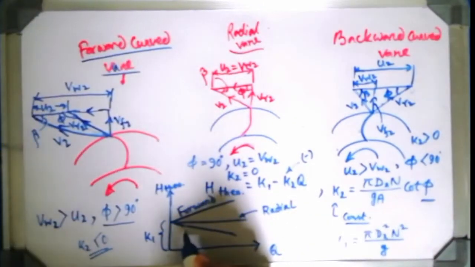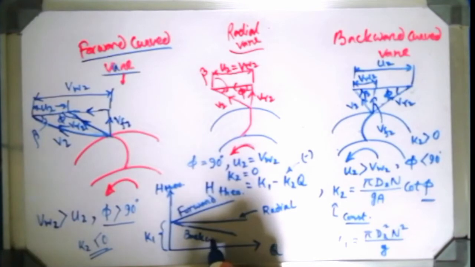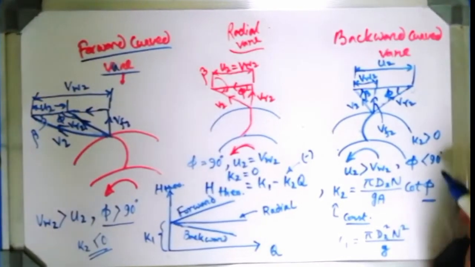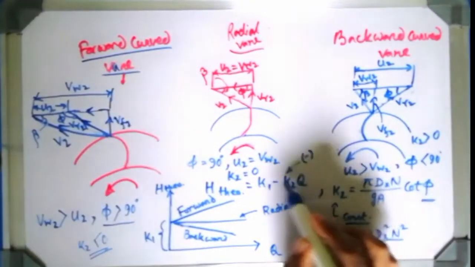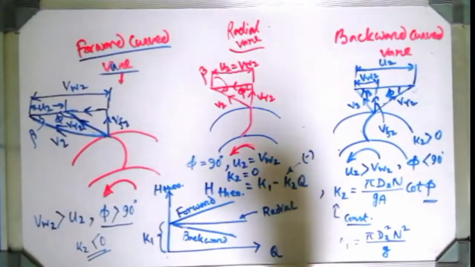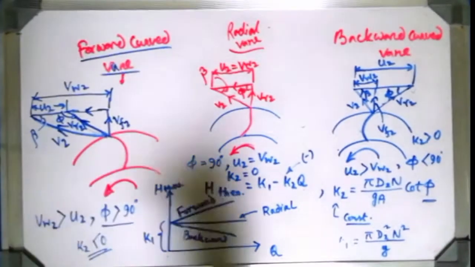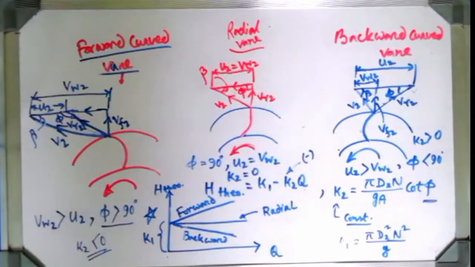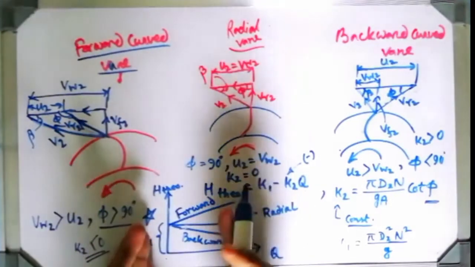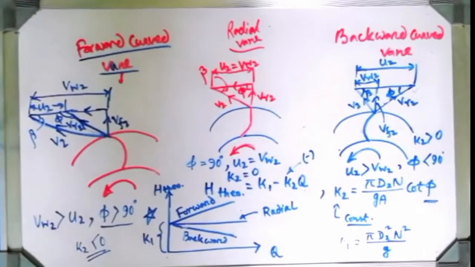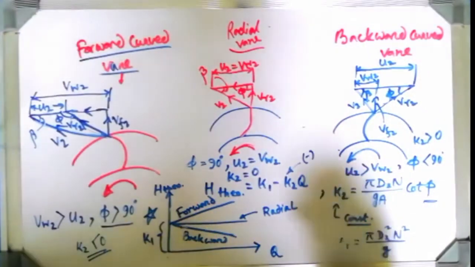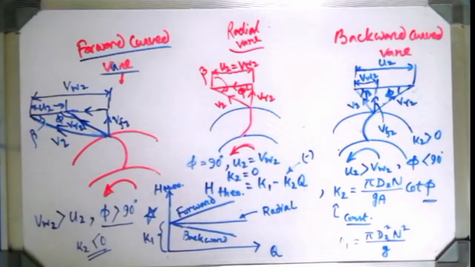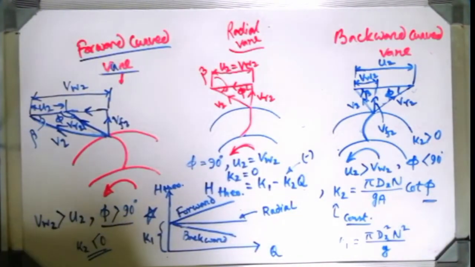And if you go to the bottom one, it is the backward curved vane. Why? For the backward curved vane, you have seen that K2 is greater than 0. So this part will give you a negative slope, so it will come down. This curve is a very important one. In lots of books you can see these curves. They have just represented that this is the graph for forward, backward and radial curved vanes, but how they come about, they haven't expressed. You can check it out. Understood?